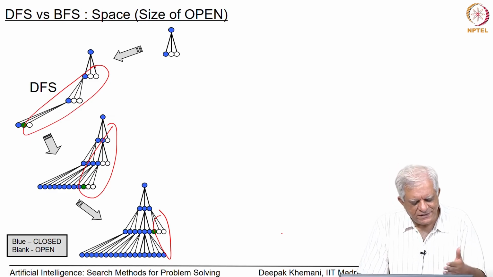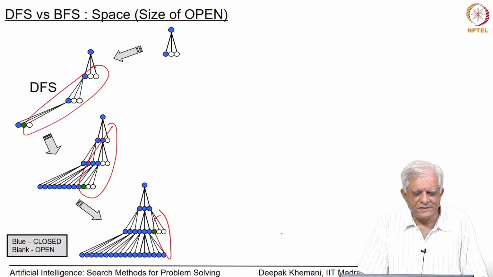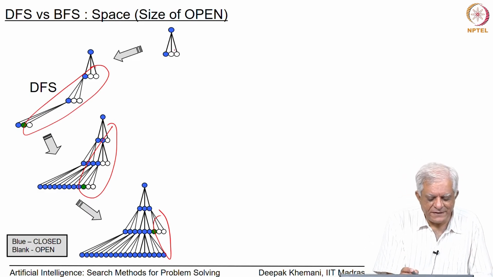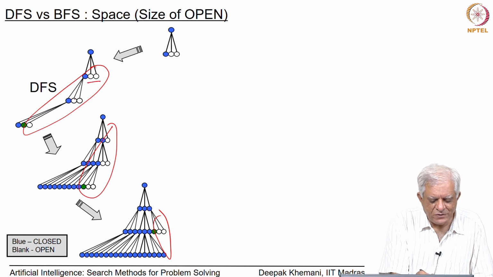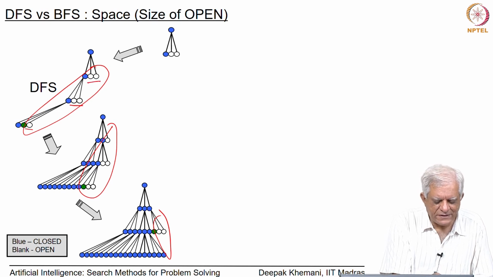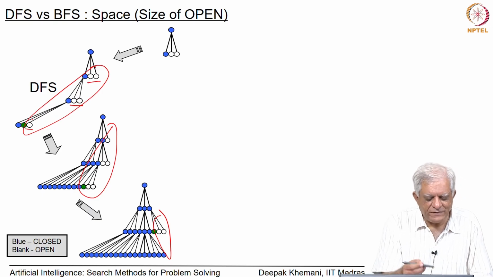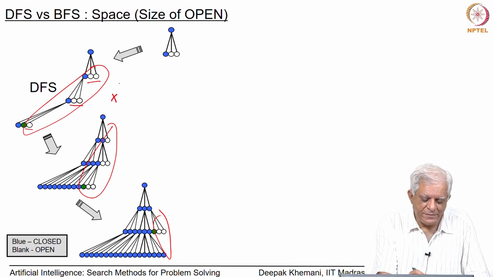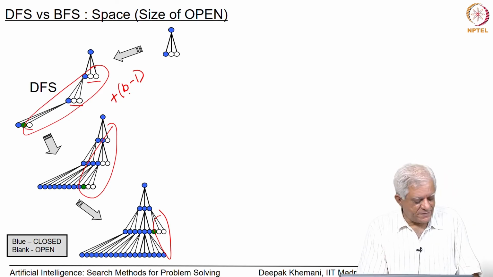In fact, it is always a linear function with respect to depth, because in this tiny example, we are adding 2 nodes at every layer, and after we have finished and seen some of them, it becomes less than 2. So, at every layer we are adding b minus 1 nodes, where b is the branching factor, and therefore,